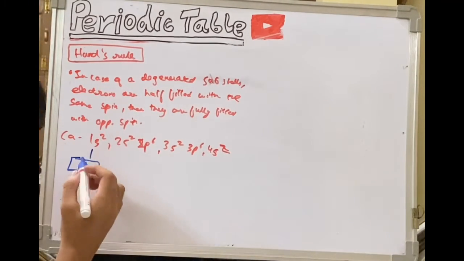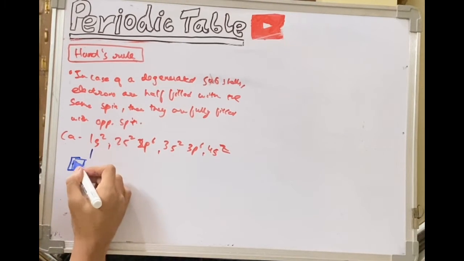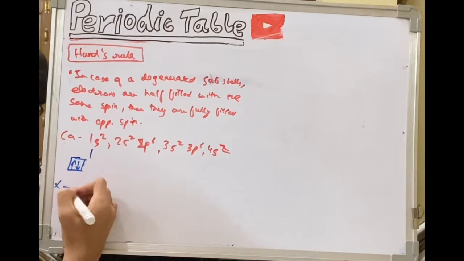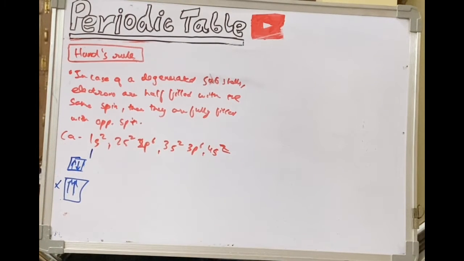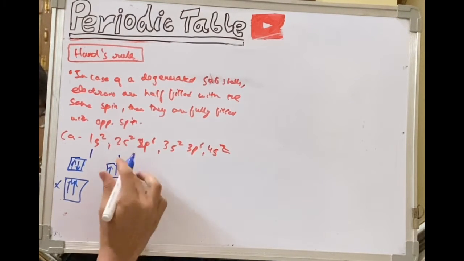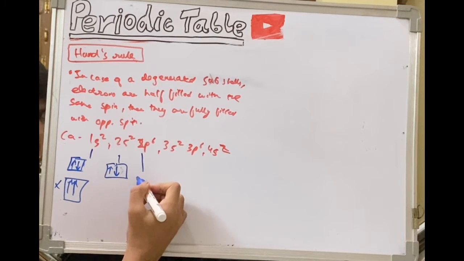So it will be like this. These come only in one type, so we'll first fill it like this and then like this. You can't do it like this. You can't fill the electrons having the same direction, or the same magnetic spin. This is the right way to do it. And the 2s2 will also be the same. Now 2p6, these have 3 types.